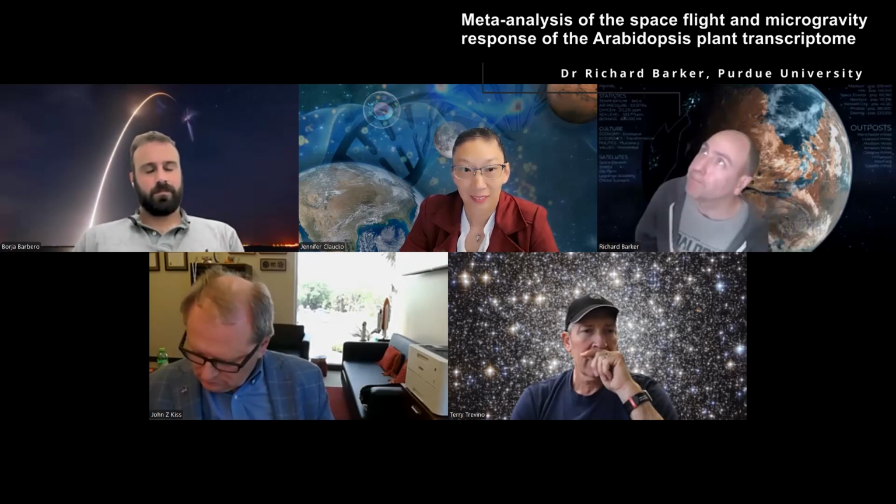What we learned was that the meta-analysis of multiple studies provided a more holistic picture of what's going on and reaffirmed our fascination with the cell wall and how it is being altered in spaceflight, because we were describing the intracellular ROS signaling systems that are responding to things like radiation and hypoxia. But ultimately, the byproducts of those reactions end up in the apoplast, out in the cell walls, and alter the cell wall structure. And so there's a lot to learn about how the cell walls are adapting to spaceflight and